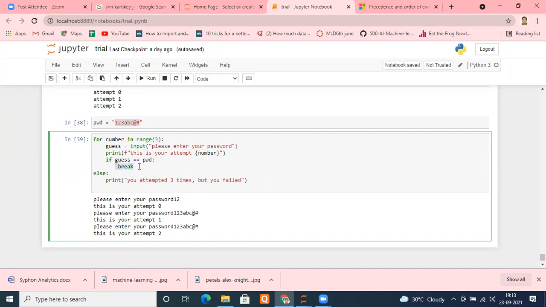And you can understand that. When will this break execute? Only when the condition is true. And when the condition is true, then why would you print that? So remember, this else will only and only execute when this break statement is not executed, means when all 3 attempts have failed. You have completed all the iterations. Is it fine? Let me try. Is it okay with everything? Each and every concept is clear or not? Yes, sir.